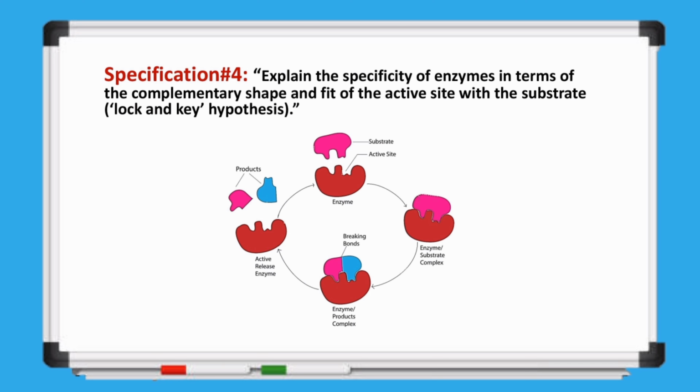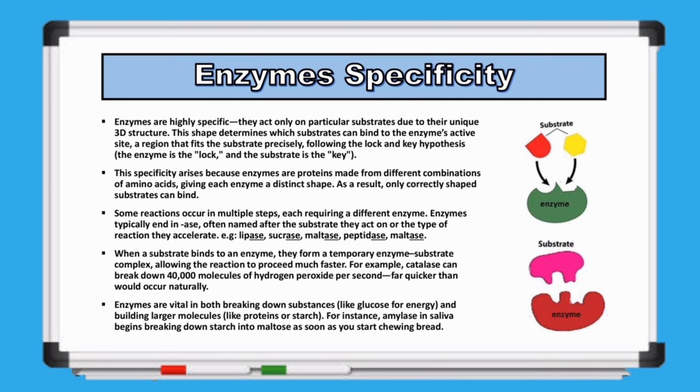Alright, now let's move on to specification number 4. This one asks us to explain how enzymes are specific, basically, how their active sites have a complementary shape that fits exactly with their substrate. It's often described using the lock and key model, where the enzyme is the lock and the substrate is the key. Now, when we talk about enzyme specificity, we're really referring to how particular enzymes are about the substances they